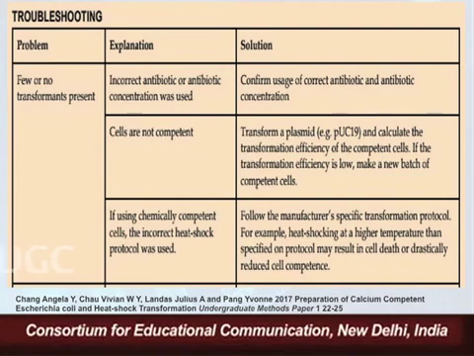Cells have not become properly competent. One very important thing while making competent cells is that everything has to be done in cold conditions. Everything has to be done under cold conditions. If there is a higher temperature, then the competent cells would not be perfect and there will again be very low or no transformation occurring. Or if using chemically competent cells, then an incorrect heat shock. Sometimes we raise the temperature too high, or we do not give the heat shock immediately. So there will be no transformants.